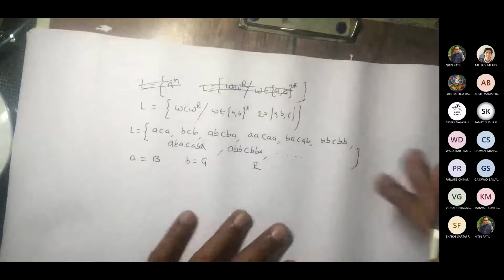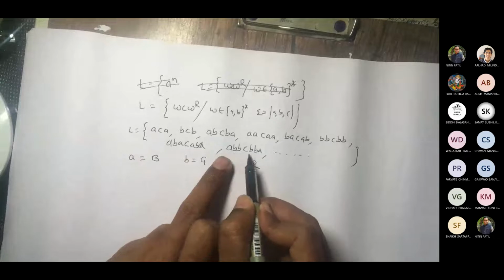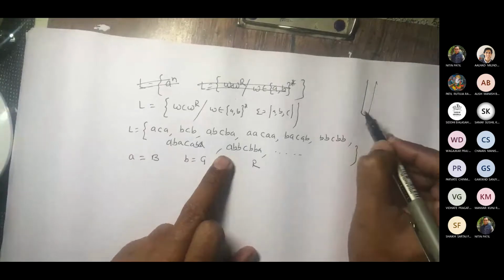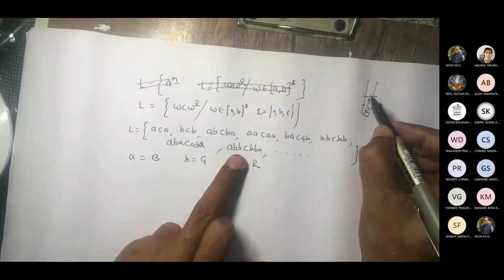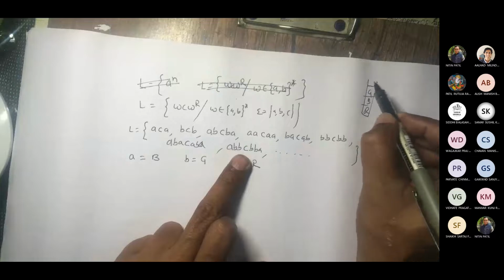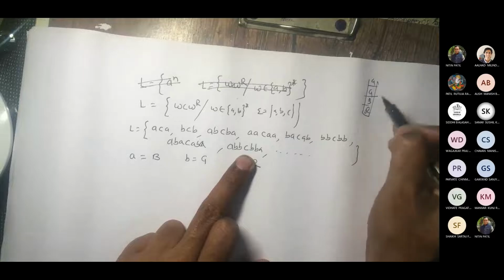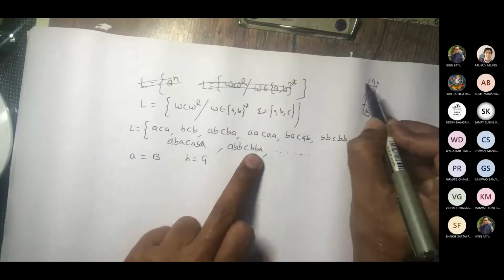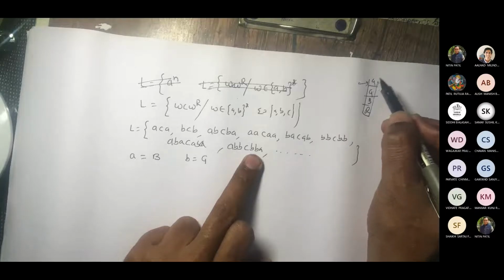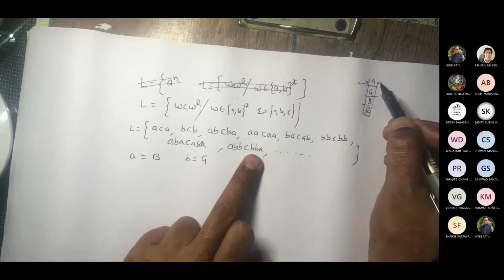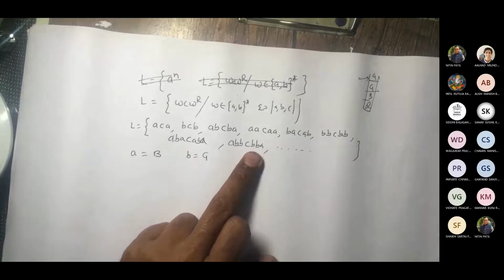So let us see this. Suppose I take a string like ABB C BBA. First you got A, so push blue. You got B, push green. You got B, push green. After C, make the change in the state, but don't make any change in the stack. Now when you get B, you should get green here only. If you get B and at the top you see a blue plate, that means it is wrong. It should never occur, correct? Fine. Are you with me?